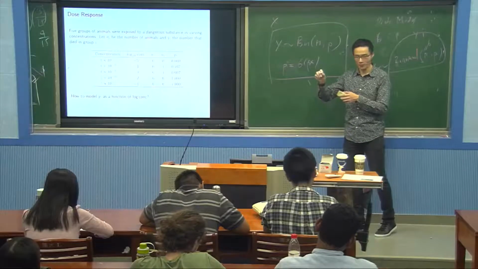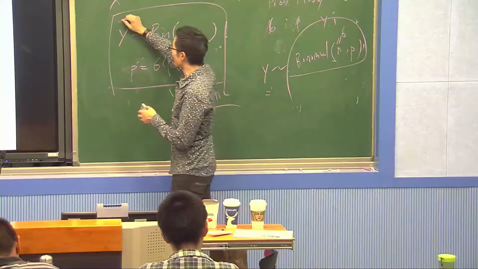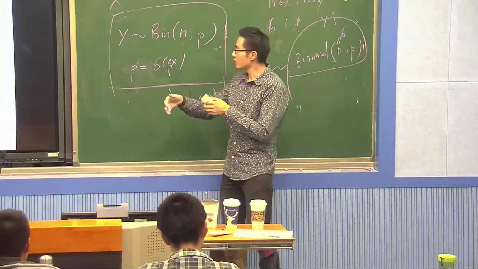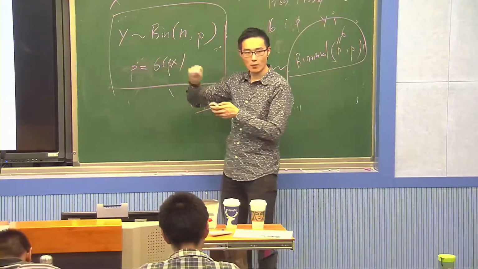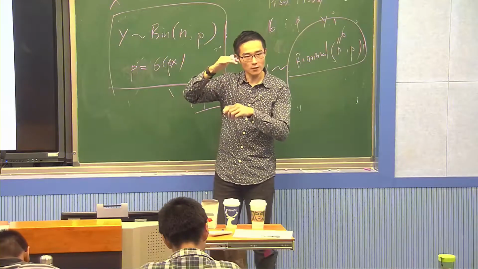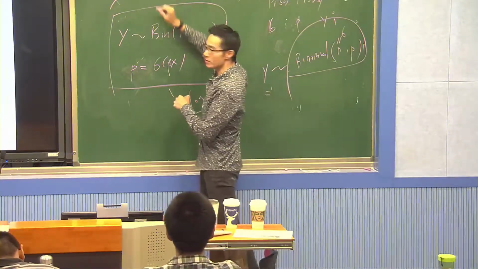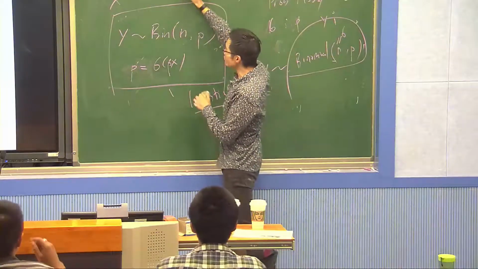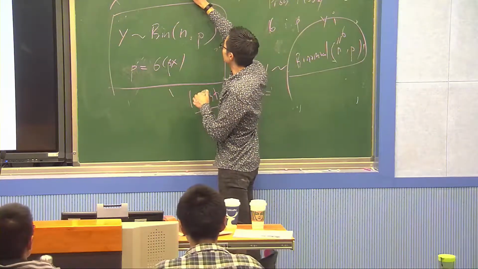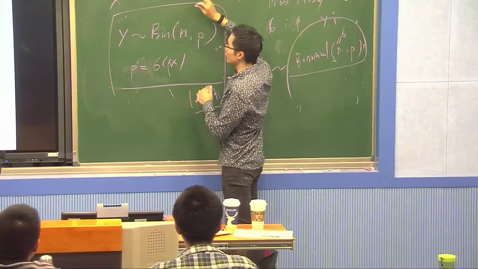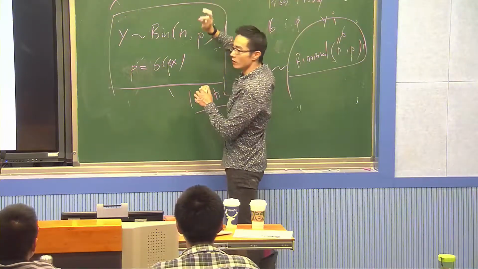Previously, we were talking about logistic regression where Y is only a 0, 1 variable. And now Y is the total amount of, so right now, what is Y? You can think about Y as the sum of many, many individual 0, 1 variables, because we have 6 animals. You can think about each animal. For each animal, we can define a z variable, right? We can say for each animal, z equal to 1 if the animal died, z equal to 0 if the animal